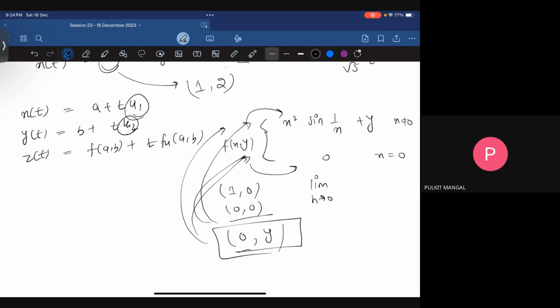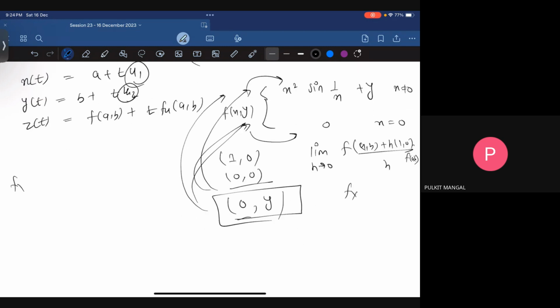we have to always use the definition of the derivative, that is, the limit as h tends to 0 of f(a, b) plus h times (1, 0), minus f(a, b), divided by h. This would be your fx, and fy would be just with (0, 1). So if we want to find fx here,